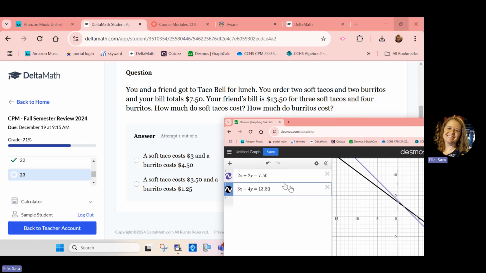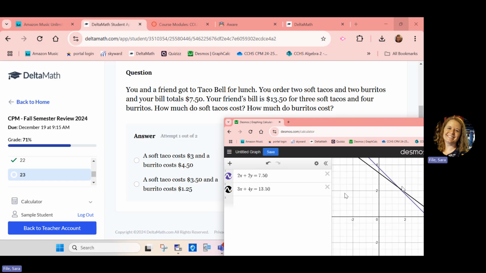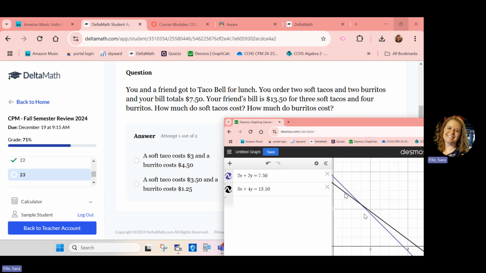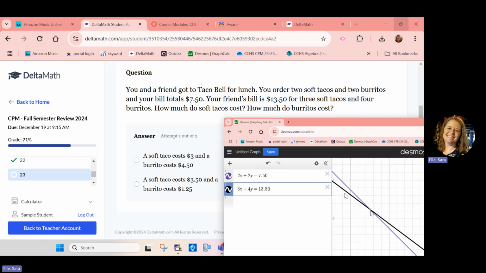Now, what we're looking for when we write the system of equations like this is the point where they intersect. So we can zoom in on our graph over here and we can see that point of intersection is at